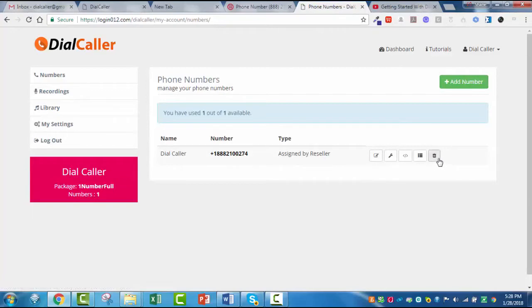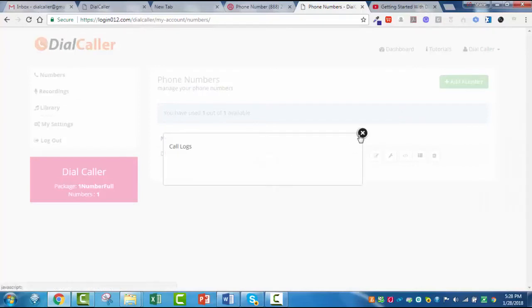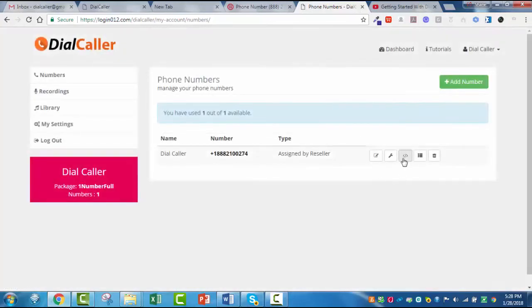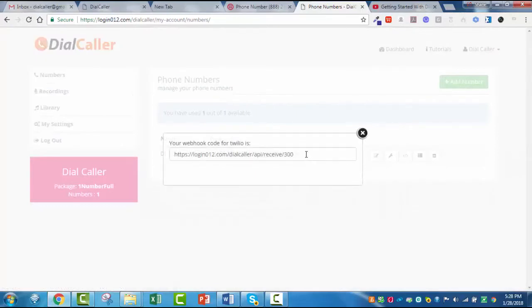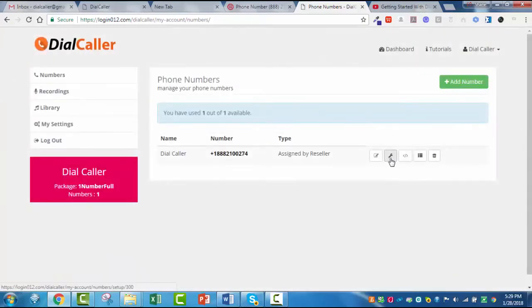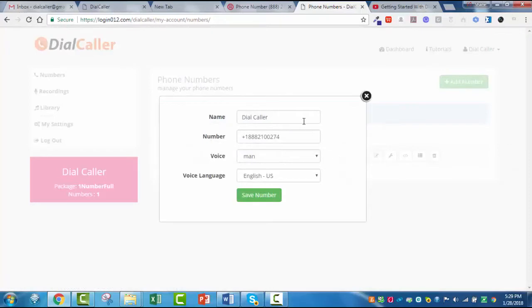5 buttons here. Of course, the delete button you'll never use unless you're deleting one of your lines. This right here is a call log with just a quick version to see the numbers that were called and the numbers that called you, and just a list of them, the time and date and all that good stuff. This code right here is a code that is actually installed in Twilio that makes it work. This wrench button is setting it all up, and then this button right here, you're going to want to just